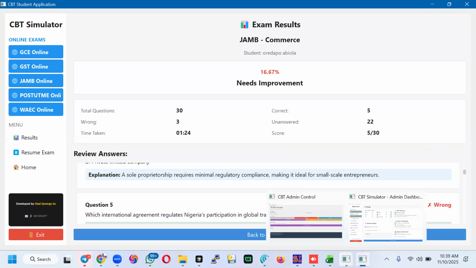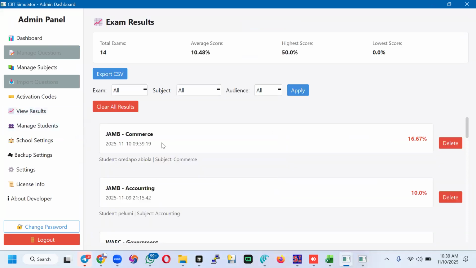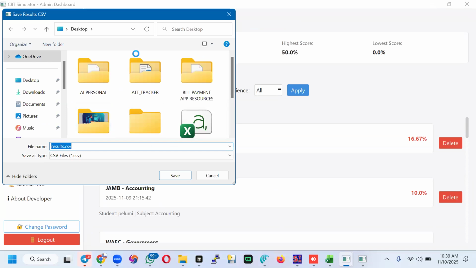So the admin can now view the results. If the admin comes to view results, you can see automatically Oredapo Abiola has been recorded here. The admin can even export the students' exams. So export as CSV, then you can